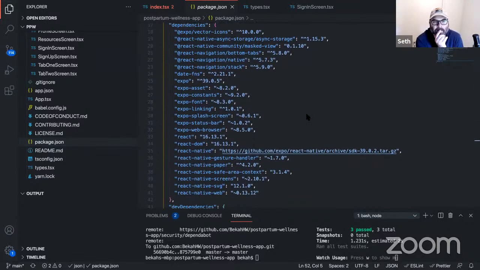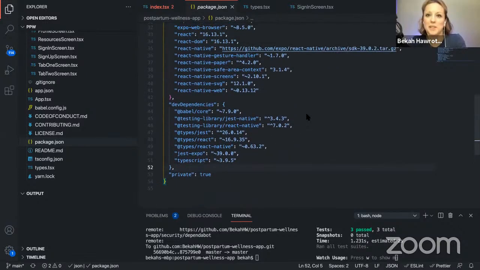Let's see. It looks like it's probably just going to be our dev dependencies, right? Oh, yep. Sorry, I was reading the chat. No problem. So we've got Jest Native, which is, I guess, for React Native, and we've got our Jest types, and then we have Jest Expo. So it looks to me like it's just the React Native Expo version of what it needs for Jest, right?